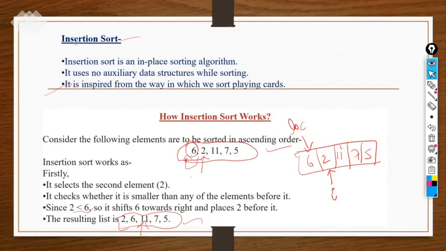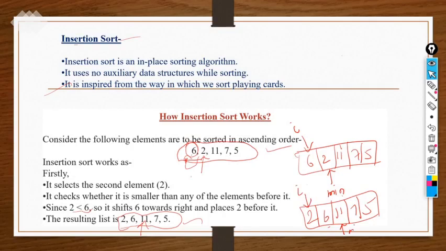I'm just changing the variable name for portability: I'm considering it min, and this one is I. So min is replaced by I. Now it will become 2, 6, 11, 7 and 5. Now this min is incremented. In the first step it was at the second place; now it shifts to the right side and I will remain here only.